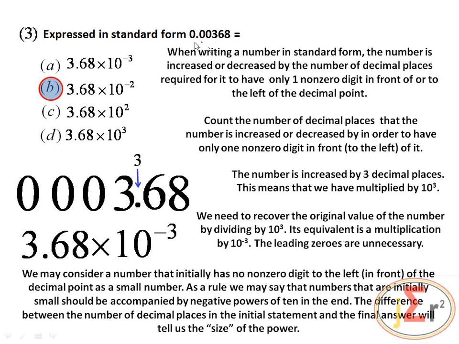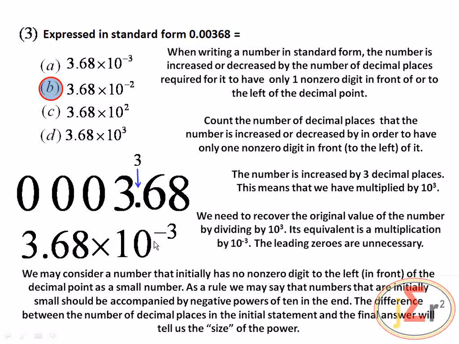But because this number could be considered to be a small number, not having any non-zero digit to the left of the decimal point, then we know that the power of 10 accompanying the final answer has to be negative. So for small numbers, numbers that have no non-zero digit to the left of the decimal point, we are sure that those numbers are small numbers and must be accompanied by